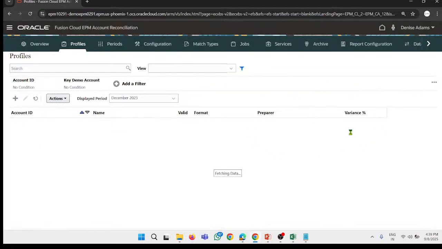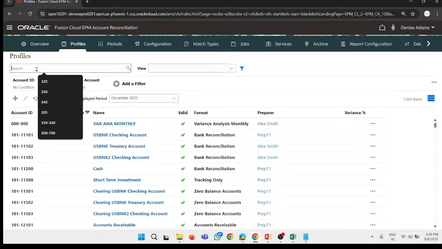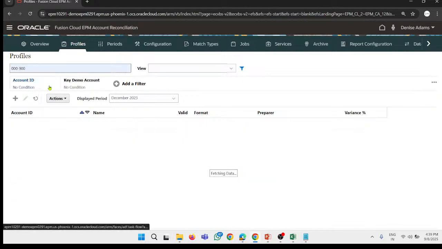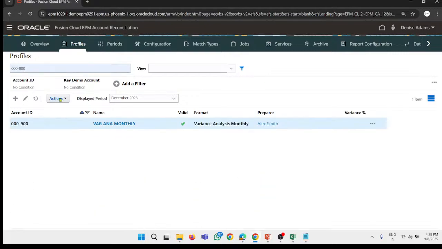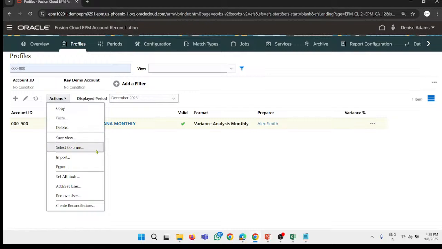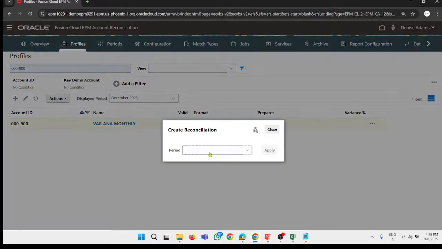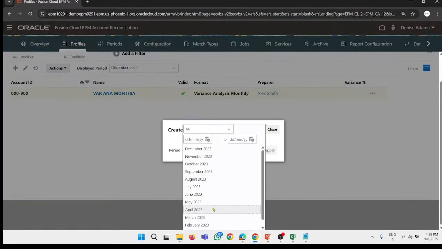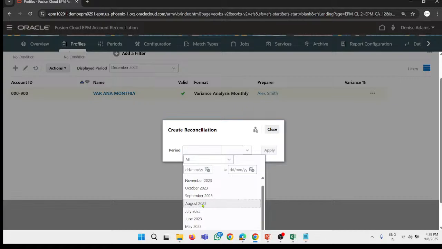Okay, fine. Just quickly search for the profile, like this, and from there you can give the reconciliation for 3 different periods, which is August, September and October, not November. Just create reconciliation for 3 periods, which is August,